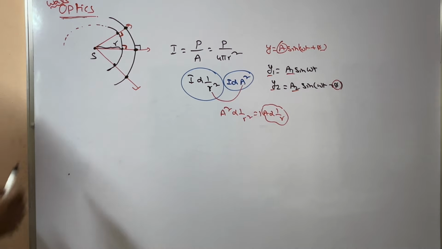So you can take sin omega t terms common: sin omega t times A1 plus A2 cos phi, plus this term A2 cos omega t sin phi. So this term, A1 plus A2 cos phi, you can write as another one